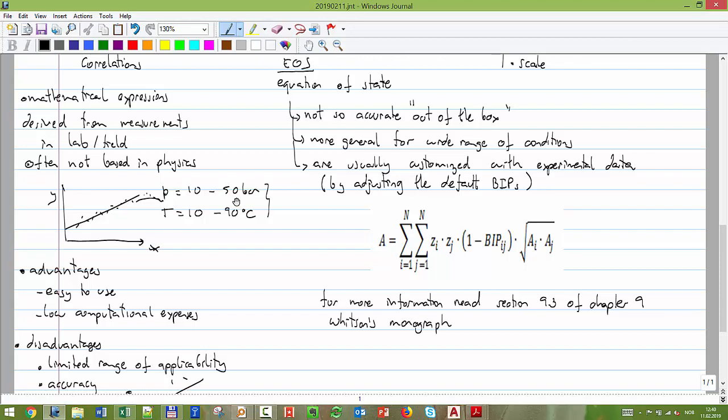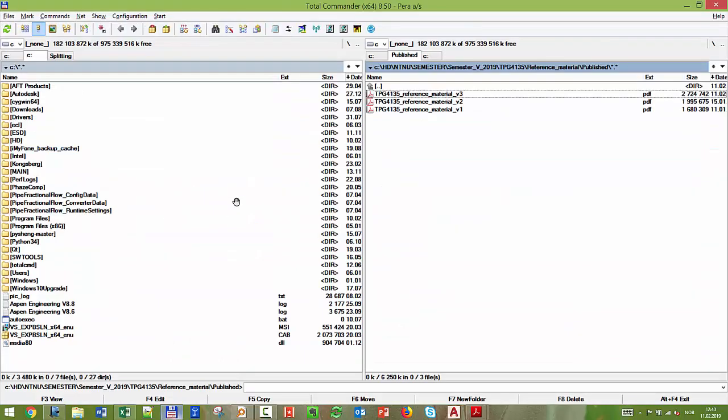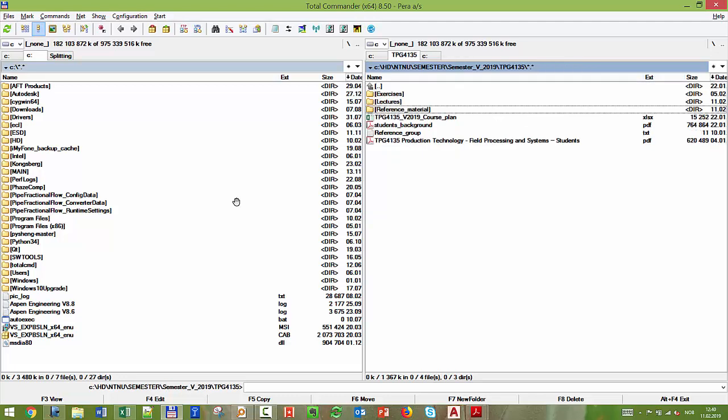Of the monograph of Curtis Whitson. Be aware that you cannot always guarantee that the EOS is the best. Sometimes you have to make some adjustment to the EOS. It's good to make some adjustment, and typically